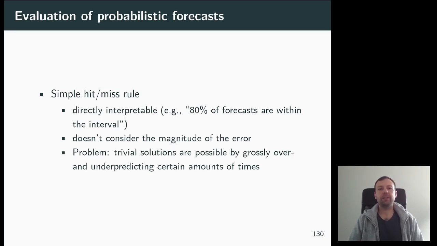However, this has the problem that you don't consider the magnitude of the error, right? You just say, is it inside of the interval, yes or no? And now this has the problem that trivial solutions are actually possible. You can just, let's say, 80% of the time grossly overpredict, have a very big interval, and then in 20% of the times have a very narrow interval, and then trivially